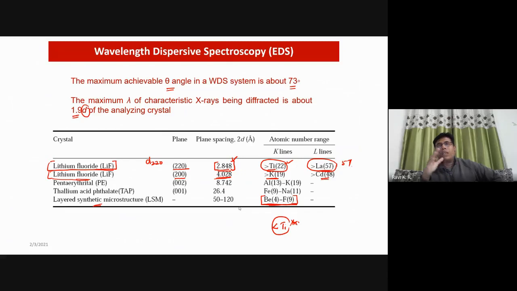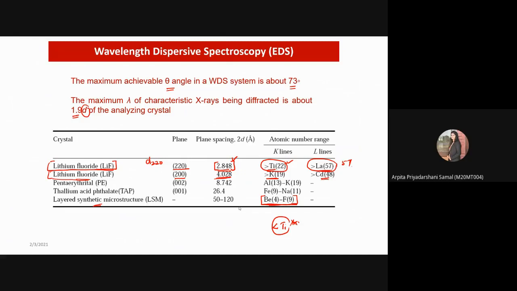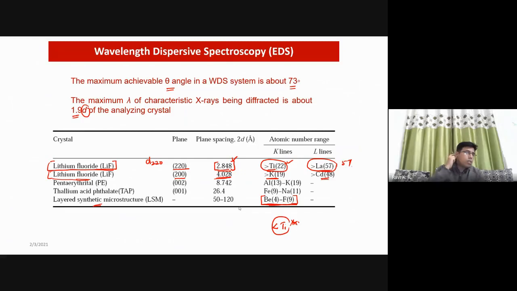Suppose you have a sample which is not known to you, then you have to run all 4 or 5 analyzers to identify the overall picture of what is in the sample. So those analyzers will already be present in the instrument. When you buy the instrument, you don't buy with 1 or 2. You buy with at least 4 or 5. Only then can you use that machine for the entire spectrum. Let's say one analyzer gets damaged or broken, then you cannot use the instrument effectively. That is the problem with WDS.